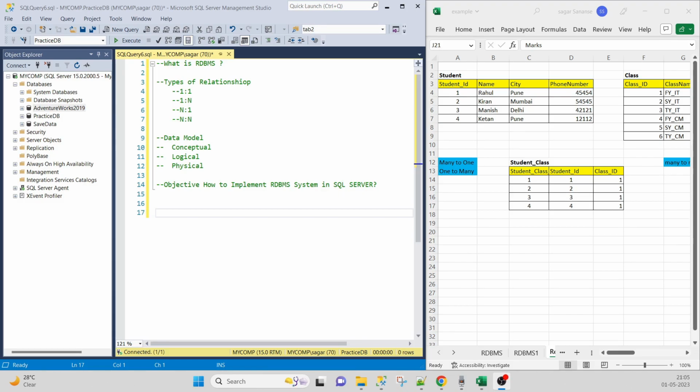Hello friends, in this video we are going to learn how to implement RDBMS system in SQL Server practically. In the previous session we saw what is RDBMS, what are the different types of relationship in RDBMS, then what are the different data models in RDBMS. It's like the conceptual, logical, physical, and in conceptual we identify entity and what are the different entities are available